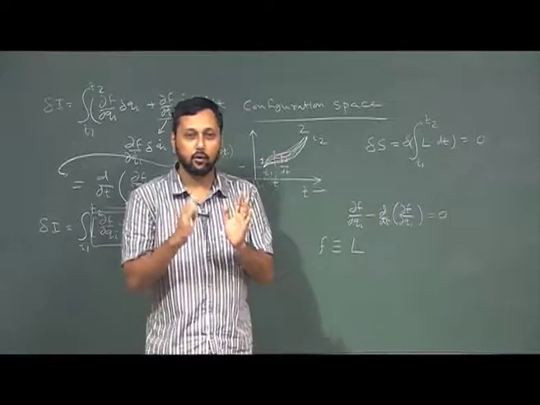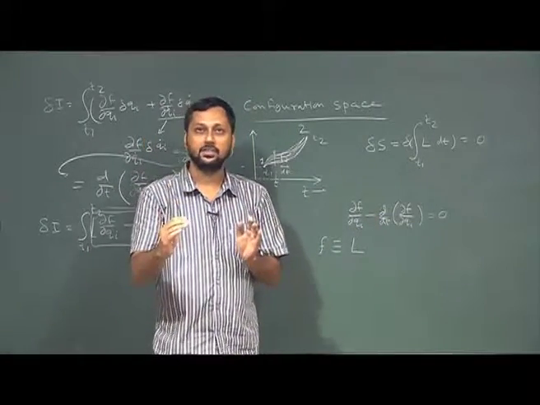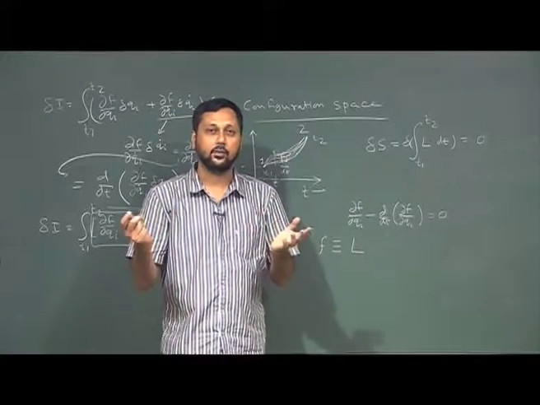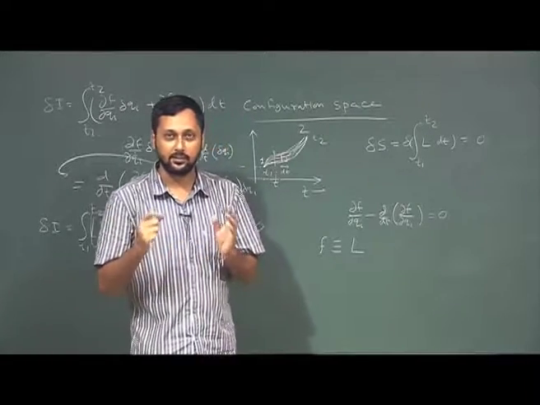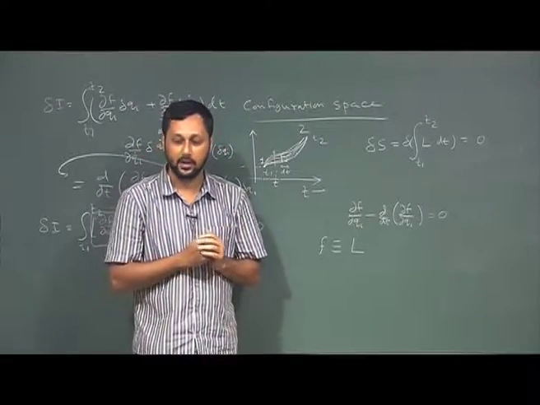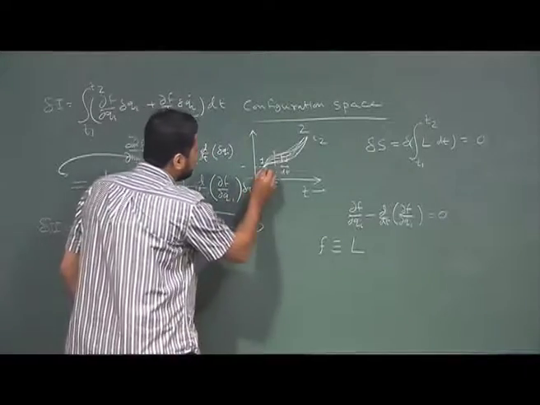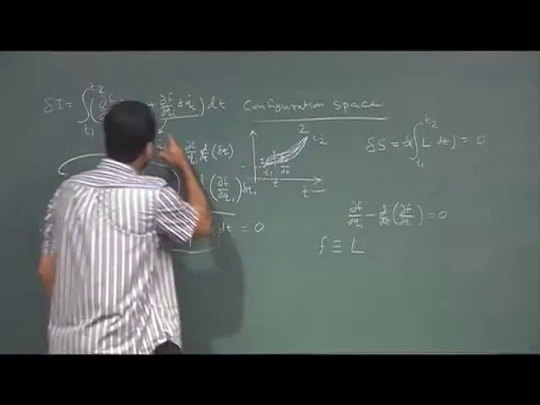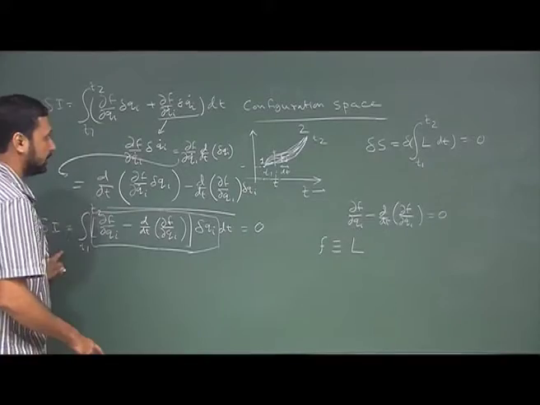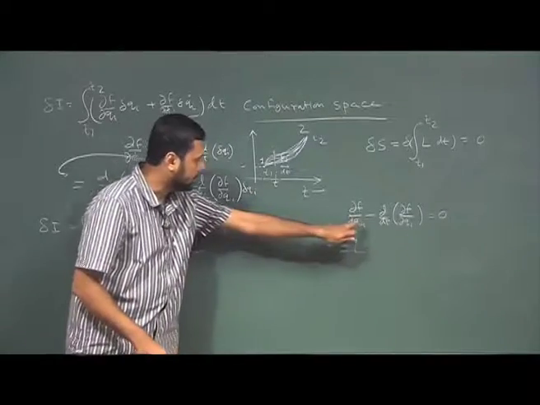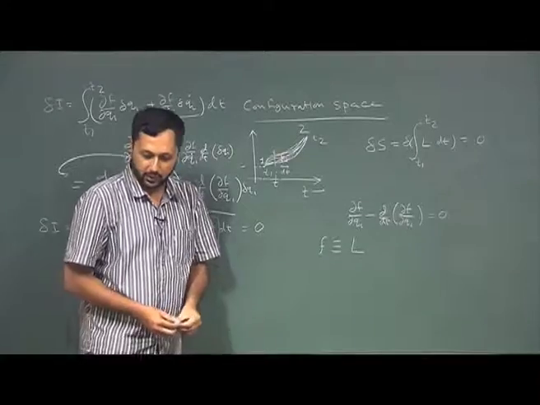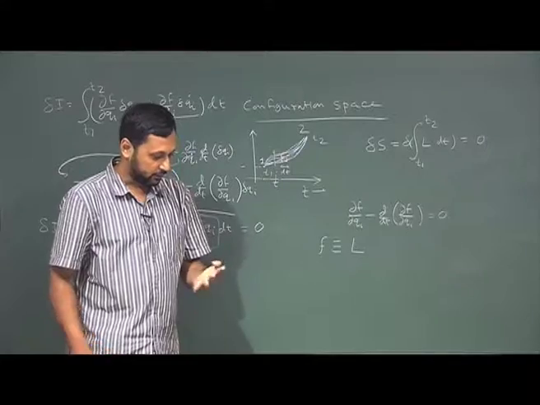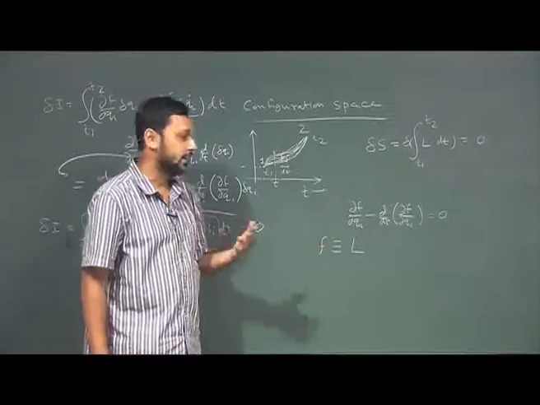So, a system will follow a certain path along which the variation of the action is 0, or rather I would say the action is stationary. Okay, that is the most general statement we can make at this point. So, out of so many paths, the system will choose one path along which the variation of this integration is equal to 0, right, and this will lead to an equation of this particular form. Okay. Now, we will take up examples one by one, and right now we do not want to carry forward from here.